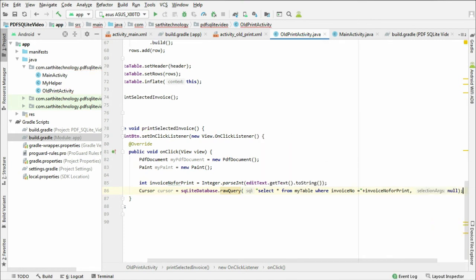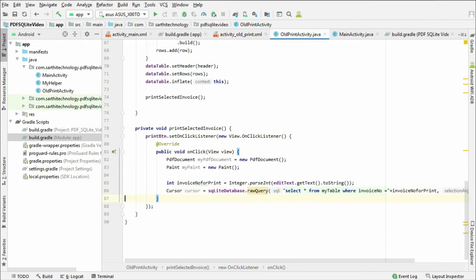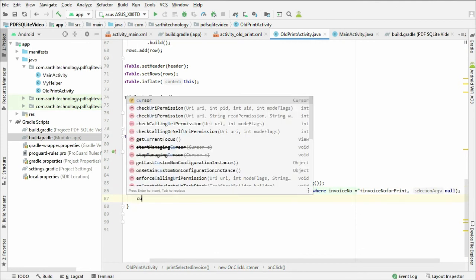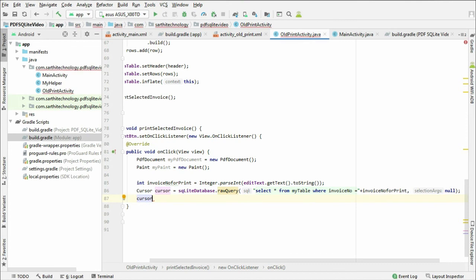Okay, put semicolon. So now we have cursor which have all the values. Now cursor dot move to next.